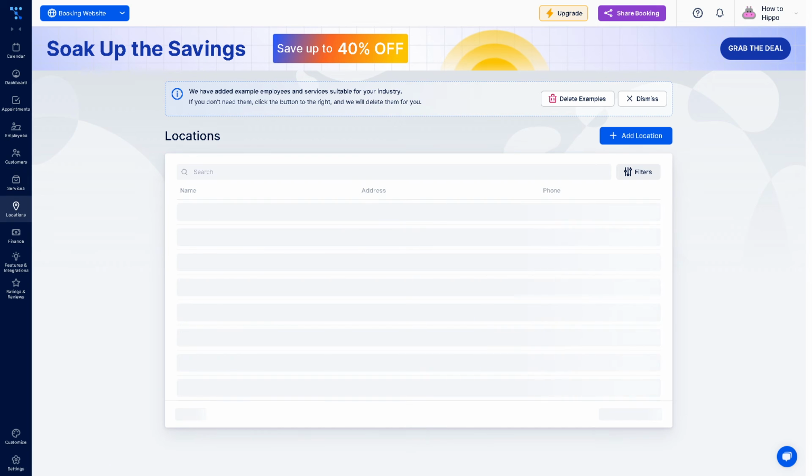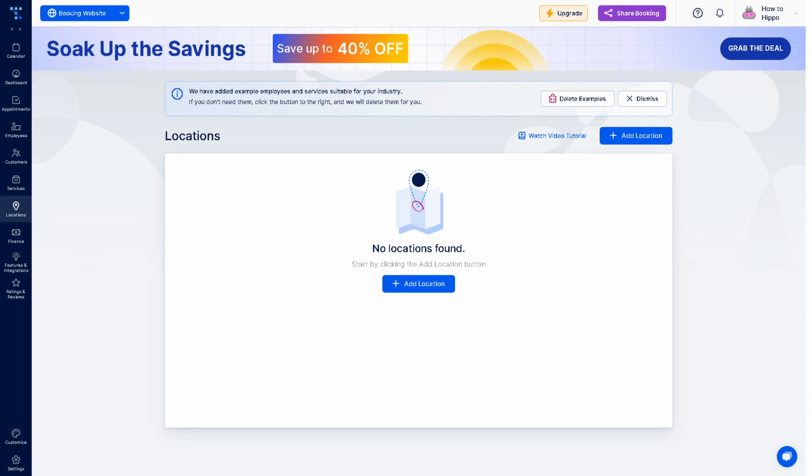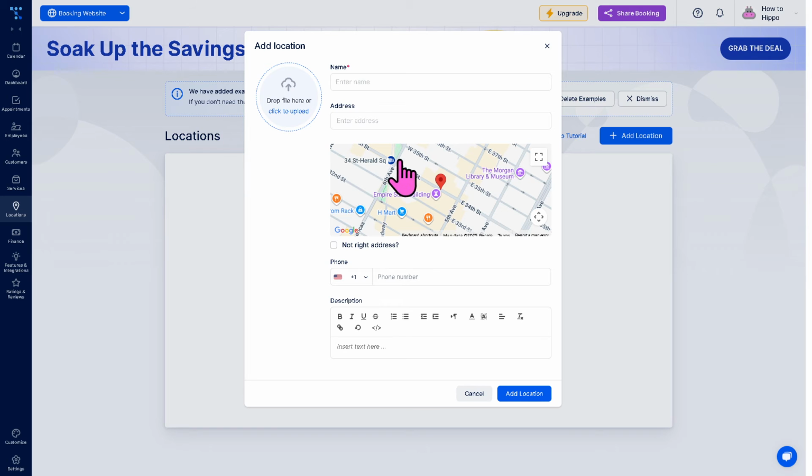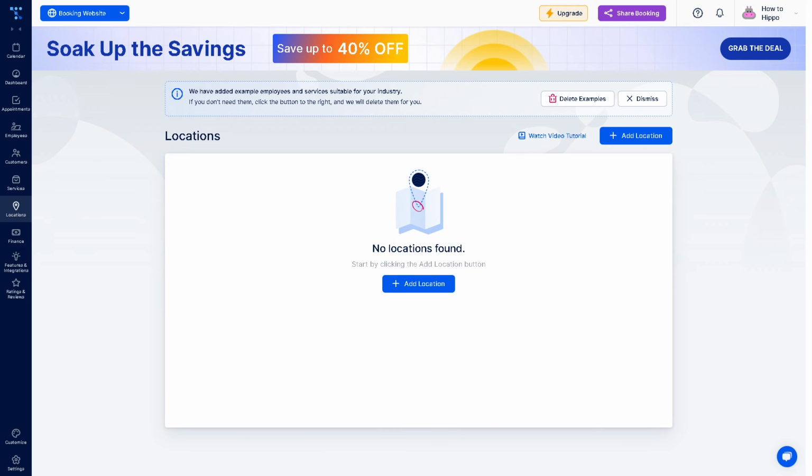And obviously, the location is very useful for businesses with multiple branches or service areas. It lets you add and manage different physical locations, each with its own schedule, employees, and services. If you want to add a location, it's very simple. All right, just provide all the information and drop a file here to upload. All right, it's up to you. So we're going to skip this for now, and I'm going to show you about the finances